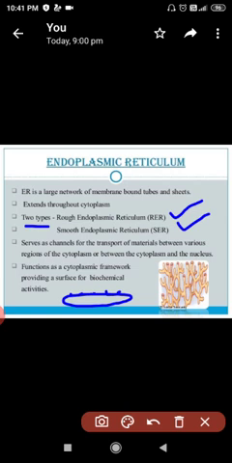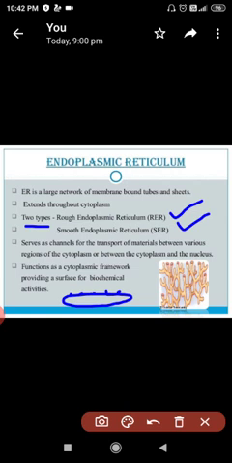Okay, so the ribosomes are the site of protein synthesis. Thus RER is engaged in the synthesis and transport of protein. Okay, and generally RER is more abundant in the deeper part of the cytoplasm near the nucleus, where it is connected with the outer membrane of the nuclear envelope. And RER is well developed in the cells that synthesize and secrete protein. So because of the presence of ribosomes, this RER is more efficient in the synthesis of protein.